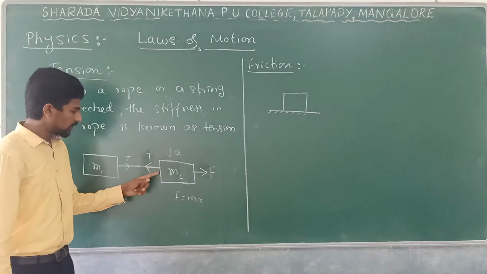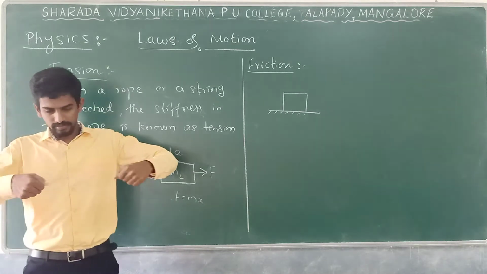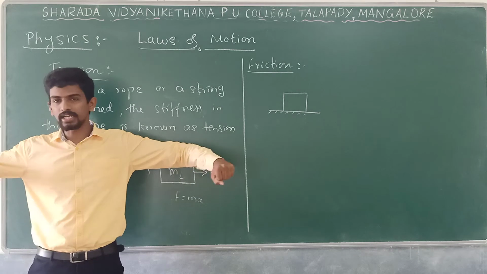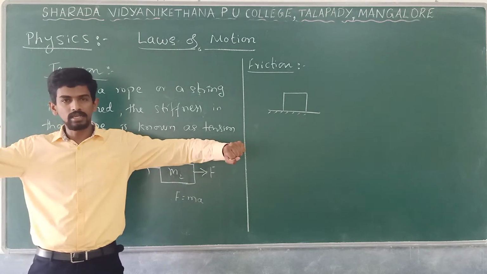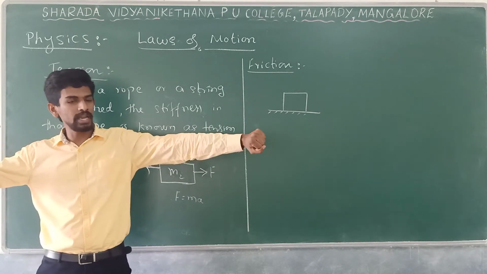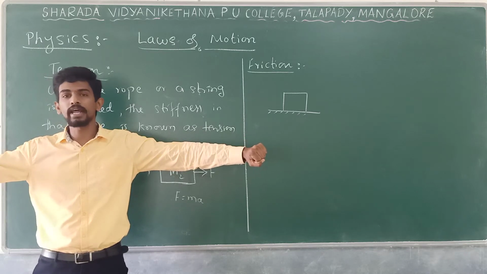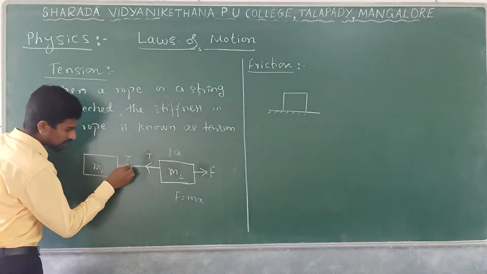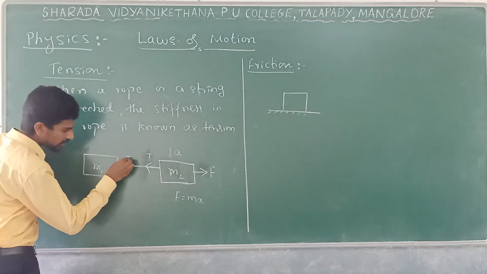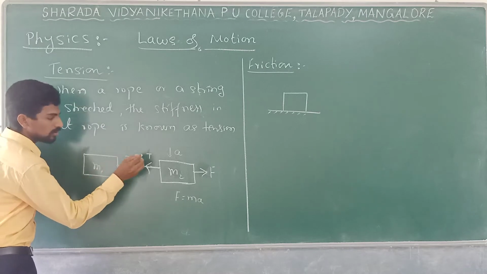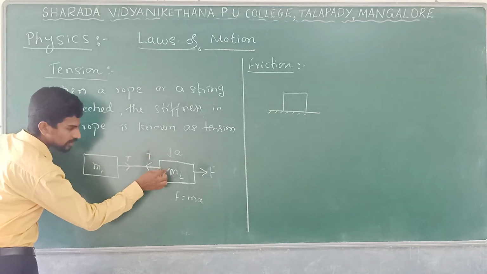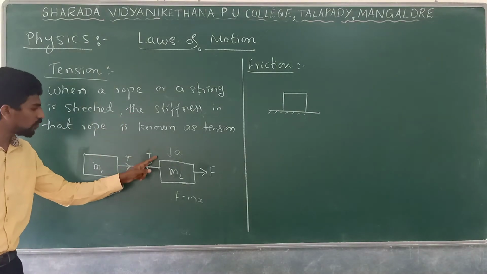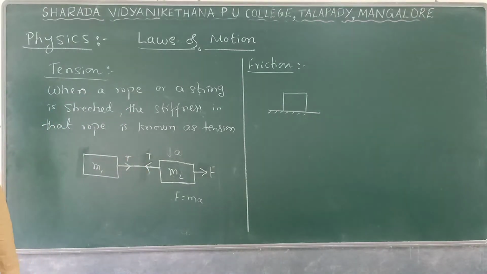So here for this string it will be like this, correct? It is pulled in this direction and this direction. You take one string and stretch it like this. So in this direction the force will be in the opposite direction, and this direction force will be in the opposite direction. So similarly here for this M1, tension will be in this direction at this end. So tension is in the opposite direction for this M2, at this end. Correct? So that is tension, the force in a string.